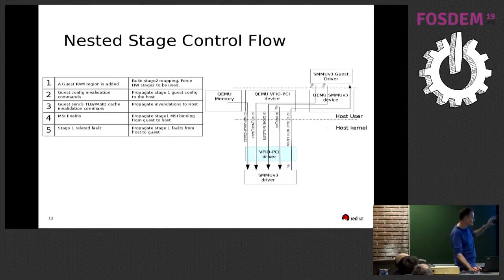At QEMU level, there are quite a lot of modifications as well, because we modify the existing framework. We need to add some new notifiers each time the QEMU System MMU device detects some of those changes. You need to propagate the information to the VFIO PCI device so that it can use the new IOCTLs.